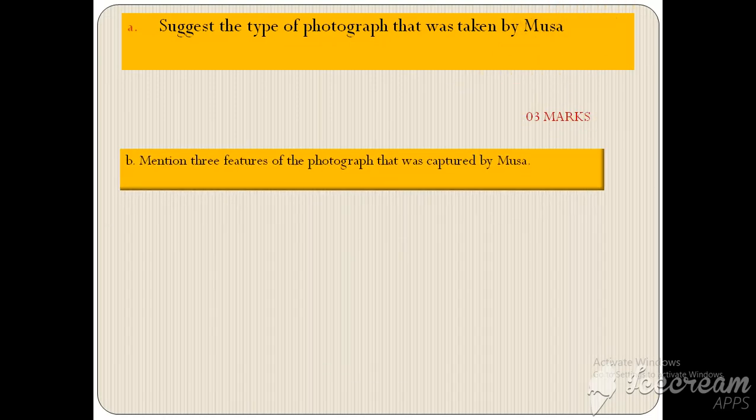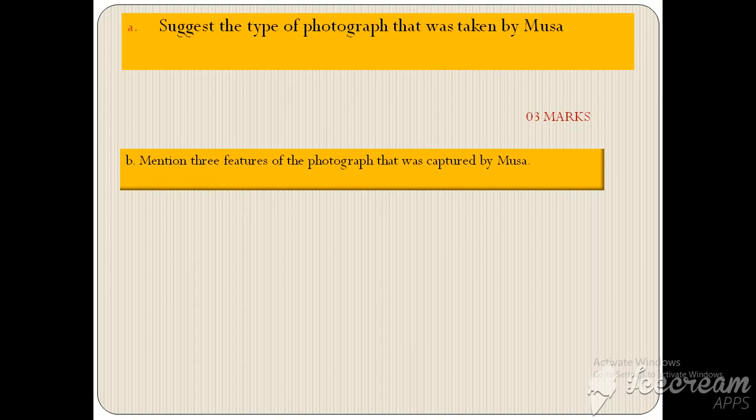So many students, they have written vertical photograph, but it is 100% not correct, because the vertical is taken when the object and the camera, they are at a right angle, 90 degrees. It is vertically below the camera. So the type of photograph,